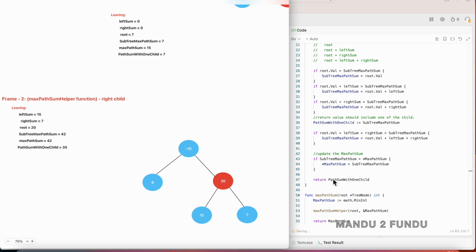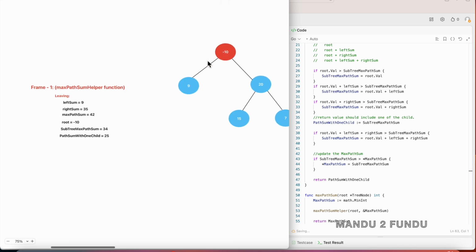And then we return the value with either one of the children, whichever is greater. In this case, the left child: when we combine the root node with the left child value, we get 35. So we return that value as this entire subtree's max path sum value back to the original root node. When the control comes back, the left sum is returned as 9 and the right sum is returned as 35. Okay, and now again we do the same